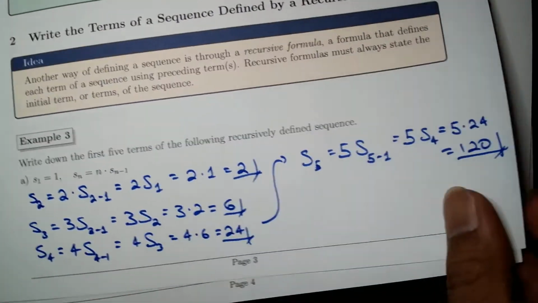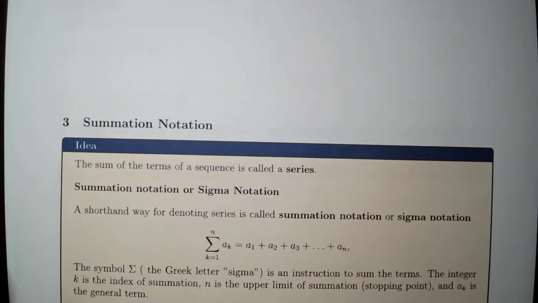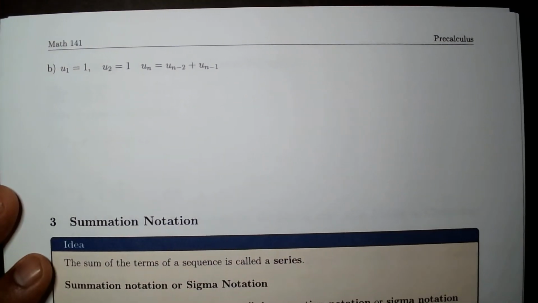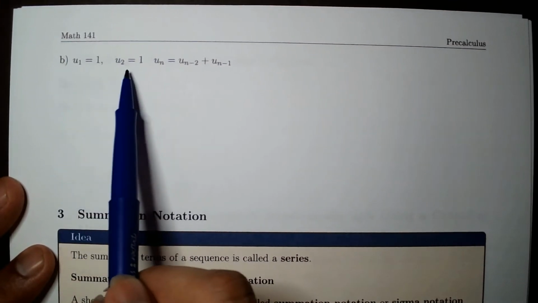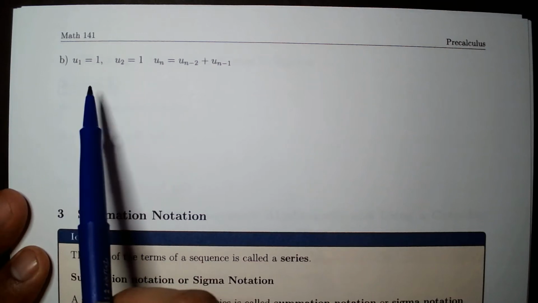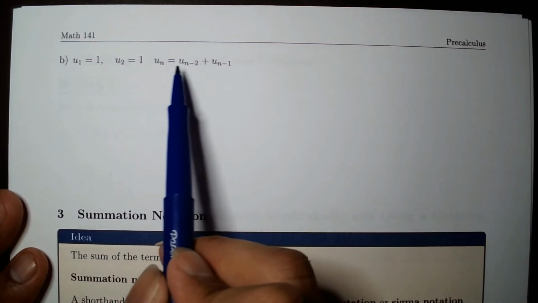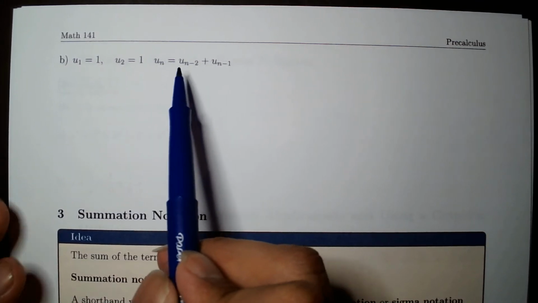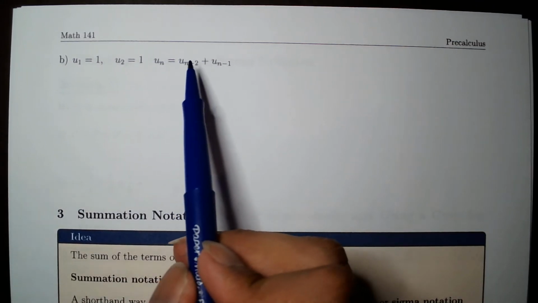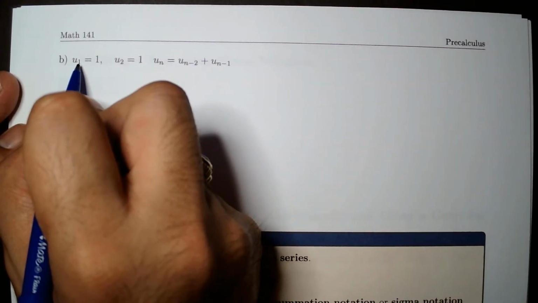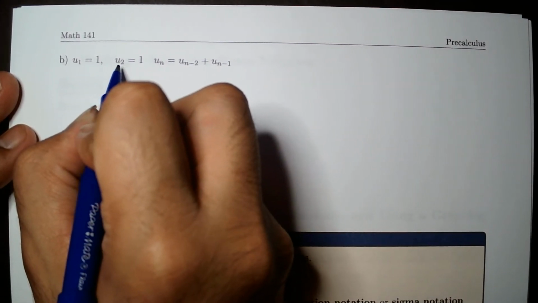Alright, so let's look at another example. The next example is kind of interesting because for this one we're given the first two terms, so we need to compute only 3 more. And the expression to get the remaining terms depends on 2 terms. In this case we already have u1, we already have u2. Let's find